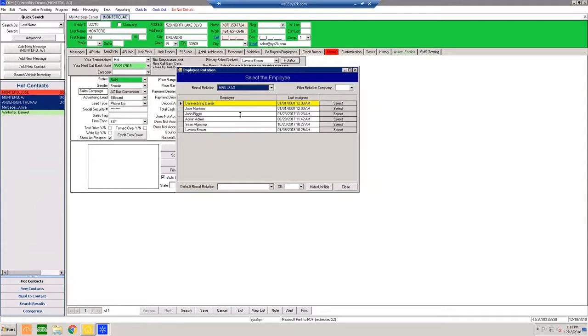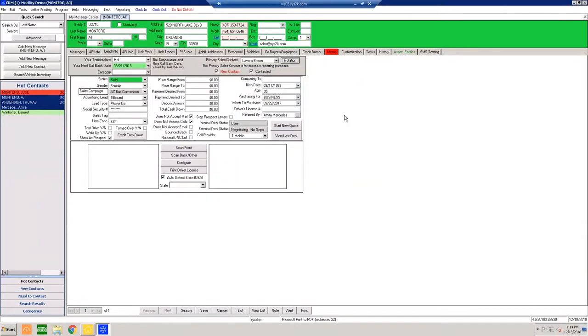But again, you may not be able to get a hold of them for some reason, and you want this lead to be distributed, so then we'll jump down to Mr. Jose, and so on and so forth. So again, that's why we have the option to still select any salesperson. Now, with that, for your sales staff, I know